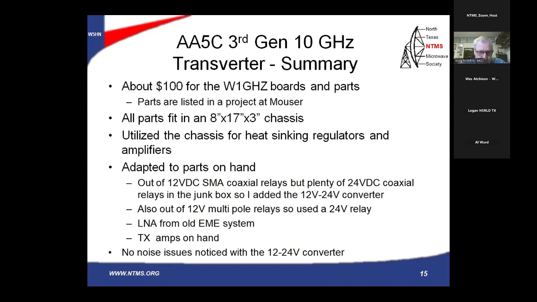I ran out of 12 volt DC SMA coax relays, but I've got plenty of 24 volt ones. So I added a 12 to 24 volt converter, being careful to make sure that I didn't add a bunch of noise in the system. And it turned out that I couldn't tell any difference with the 24 volt converter in the system as opposed to not using it. Also ran out of 12 volt multipole relays, so I used 24-volt relays there